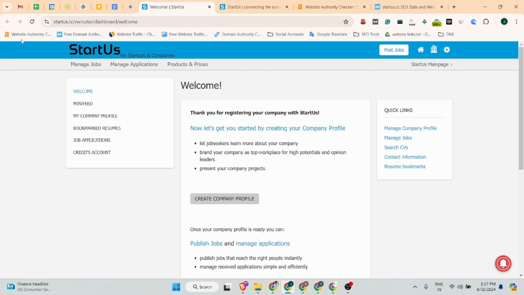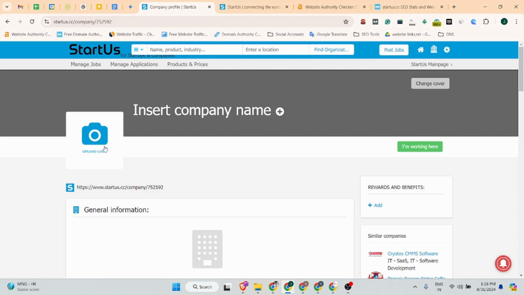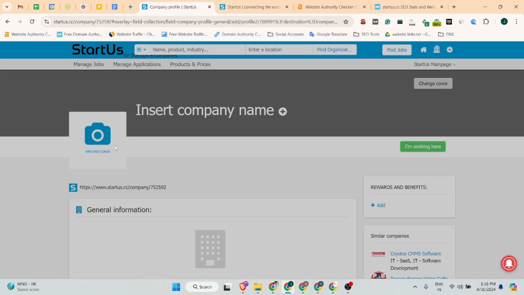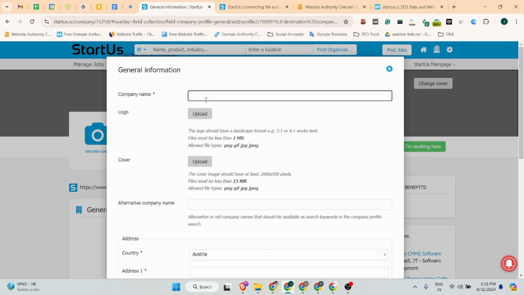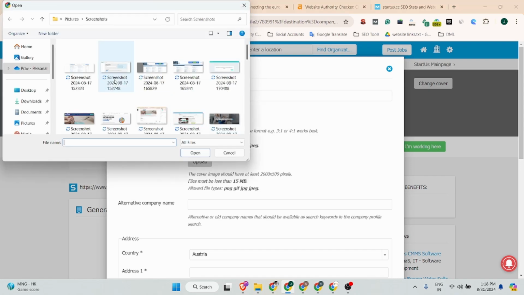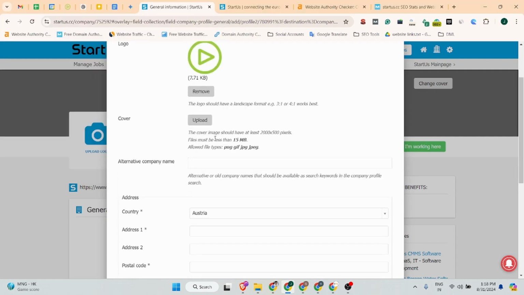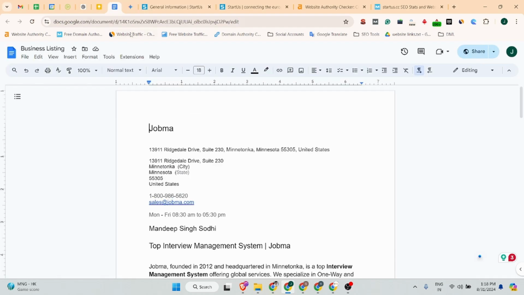And you will see you are redirected to this dashboard. Simply click on the create company profile button, and after that click on the upload logo button, and there you will fill in all your details. You can add your company name. My company name is Jobma, and after that you can upload your logo. If you have one, you can upload your cover image, and after that you can add your company alternative name. There you can use your main page targeted keyword. My main targeted keyword is top interview management system,